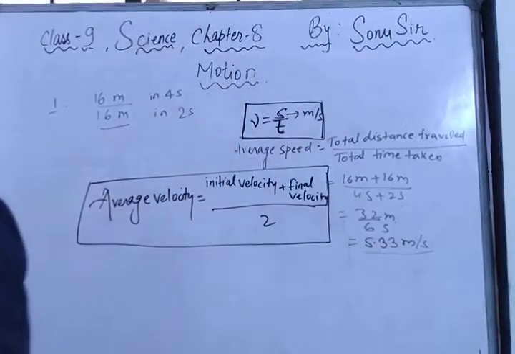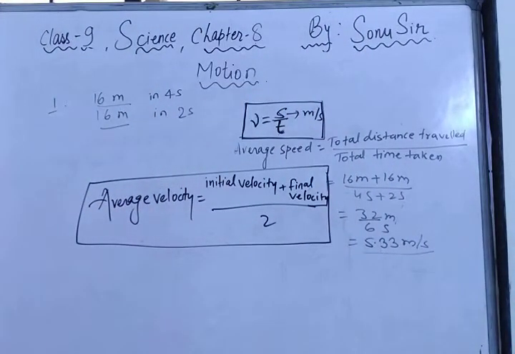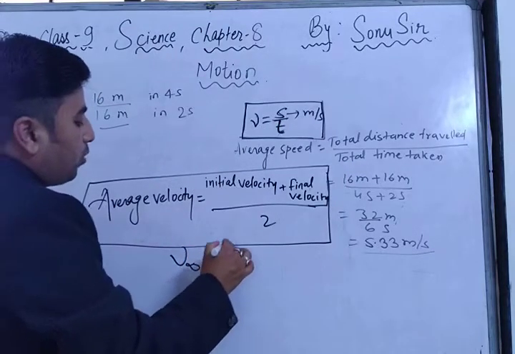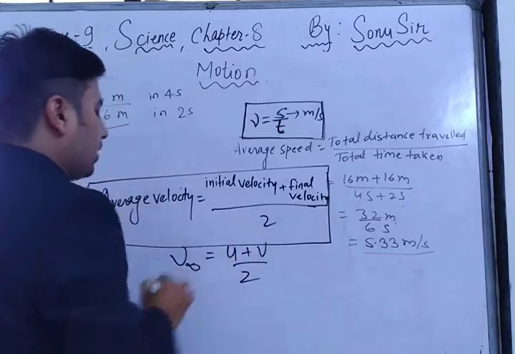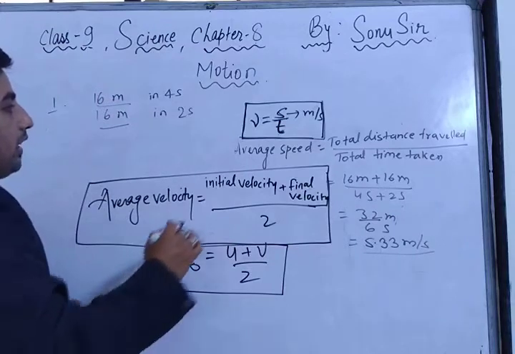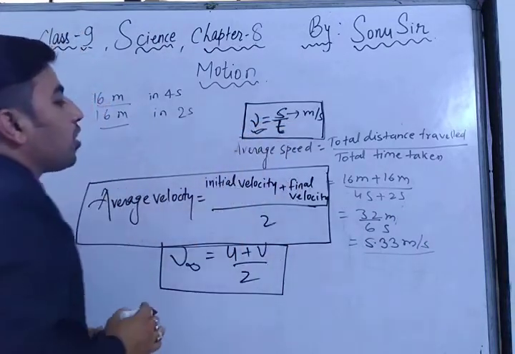As now we are talking about the velocity, just suppose here we can calculate the average velocity, in case the velocity of an object is changing at a uniform rate, as for example 1 kilometer per second. The average velocity is mathematically the mean of initial velocity and final velocity. So mathematically we can write v average is equal to u plus v by 2. This is the symbolic representation of average velocity.